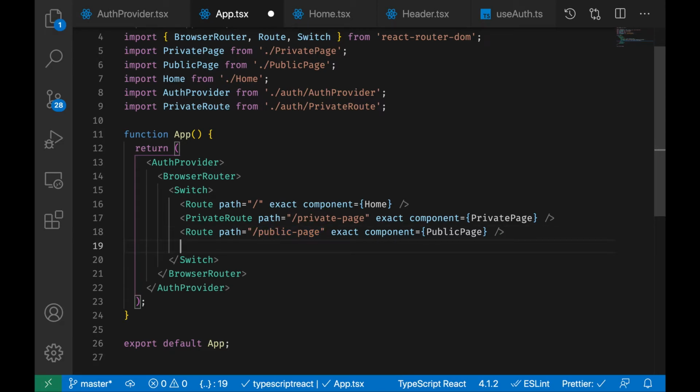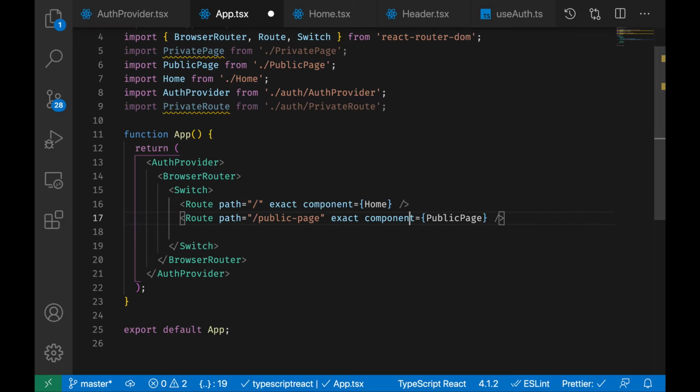So if, for example, I put a route with a path of slash public page 2, this route is not going to be matched because it's going to be always overwritten by the first one that is found, which is public page. Alright, so that said, it also means that we can put a full set of pages. We can group those pages in a clever way